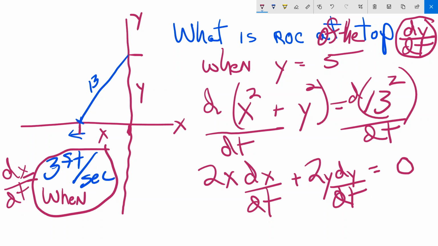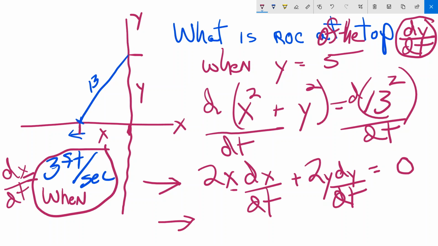So what's my next step? In other words, if I look at this equation right there, I need to know x. I need to know dx dt, which they've given us. I need to know y, and they're asking us to solve for dy dt. So what's the next line going to read? dy dt,